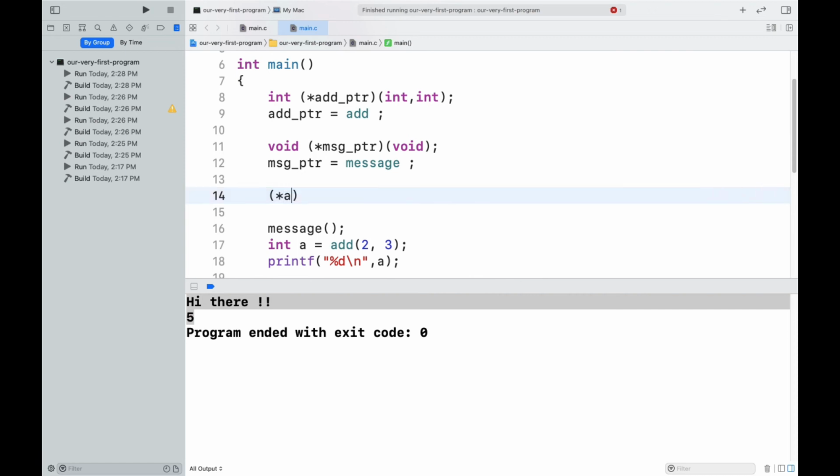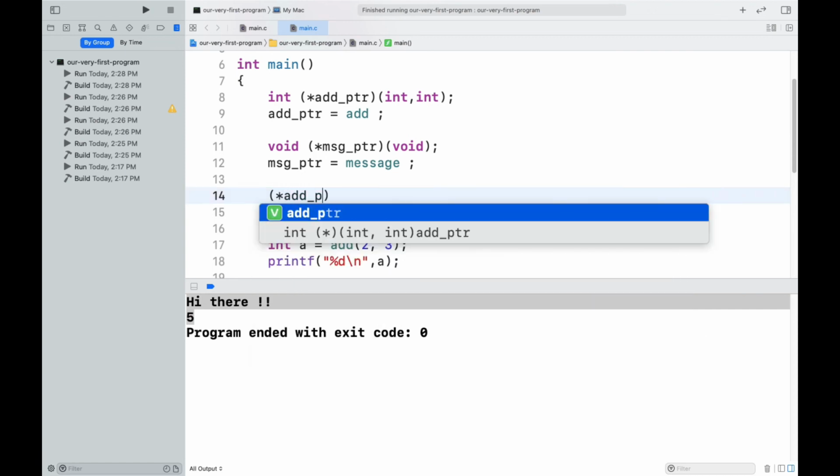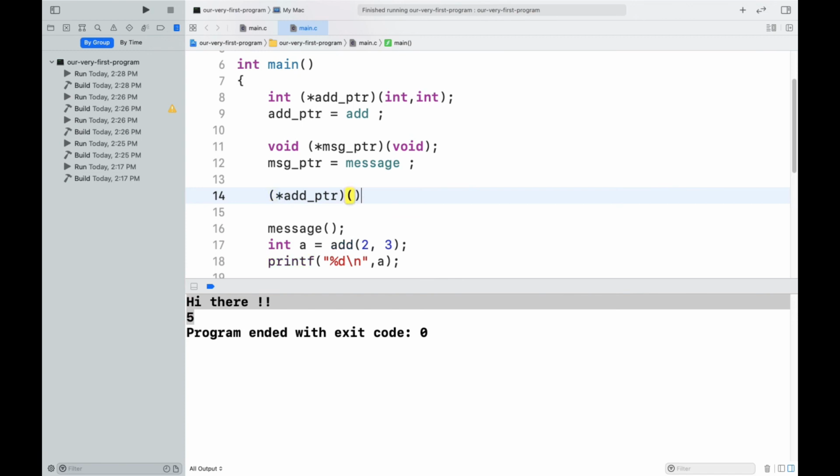Let's directly write the statements required: star PTR, with the actual arguments. We need to add 10 and 2, and we need to save that in an integer variable because it is returning an integer number. And let's print that number out.